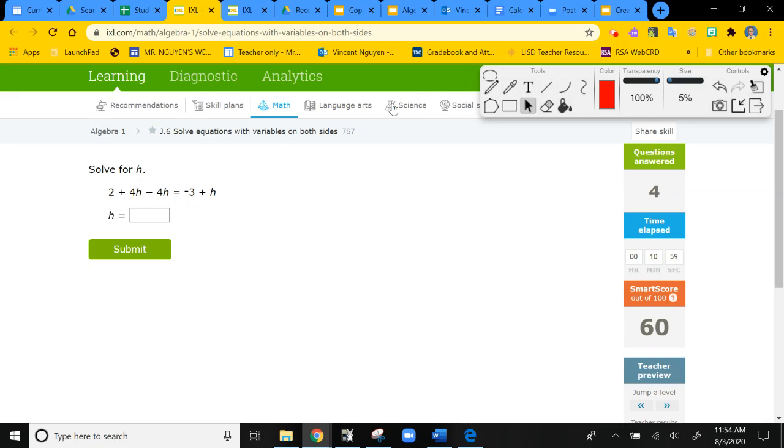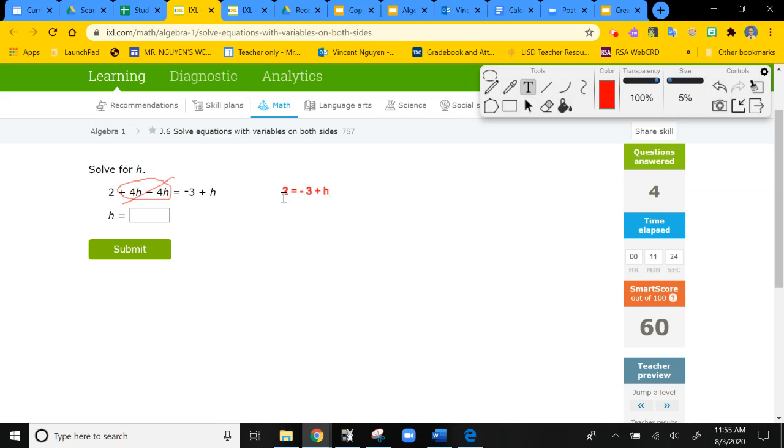There's too many variables everywhere. But as you can see, the first one right here is actually a 0, because if you have 4h and you take away 4h, positive and negative, they cancel each other out. So this equation has become very simplified, right? It's very simple. Okay, negative 3